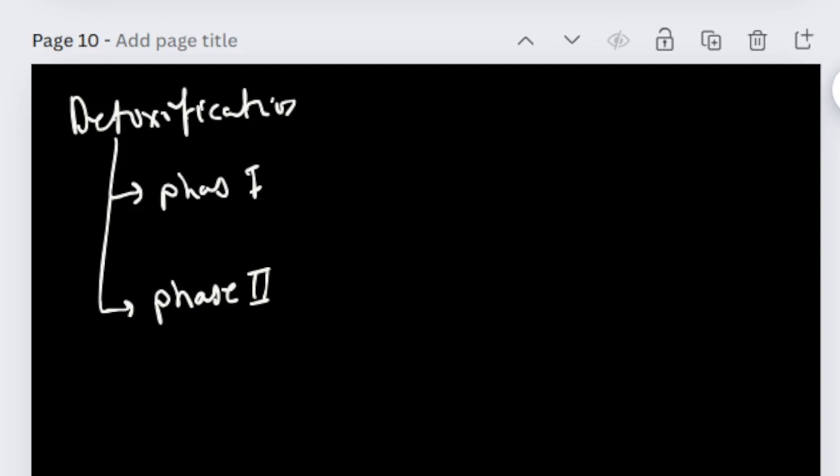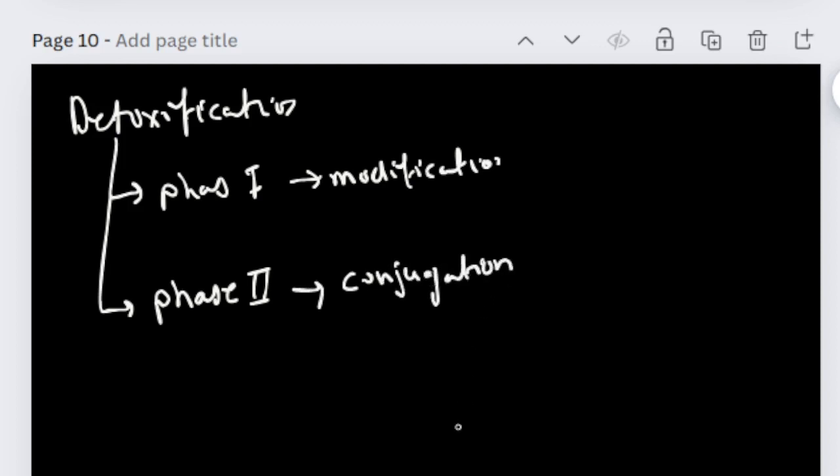In phase 1 there is modification. In phase 2, there is the conjugation. Modification and conjugation, reactions to make substance more water soluble. When in phase 1 modification occurs, and in phase 2 conjugation occurs, and